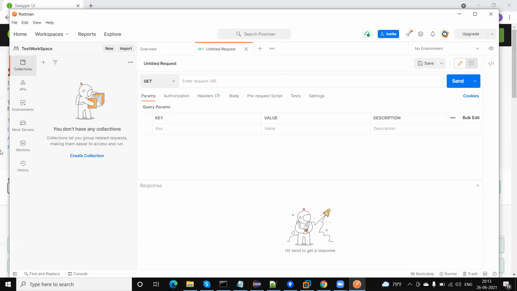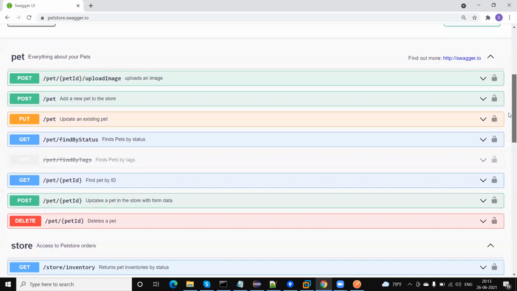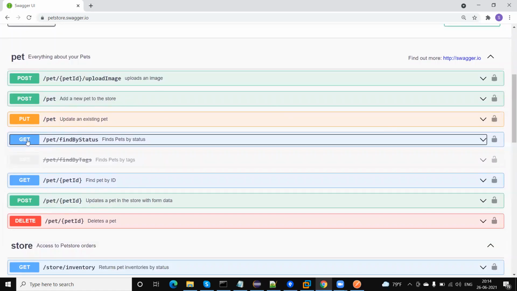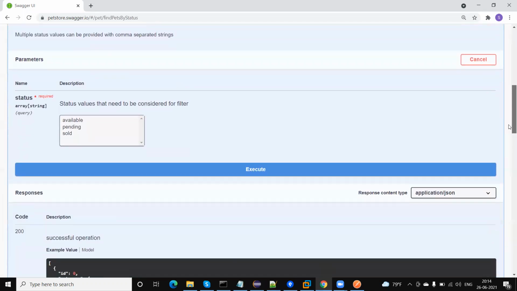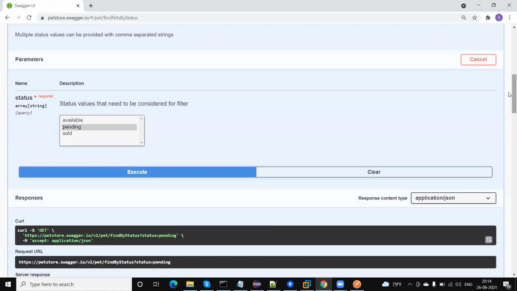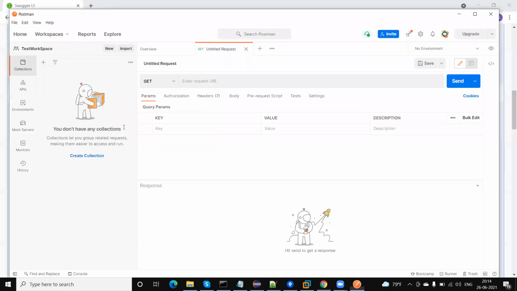Now I'm moving on to one API. Here this is the pet store. Let me take the get pets API. This method is a get type. And what is the endpoint URL? Let me check by selecting and executing this API. You can see here, this is the endpoint URL. So the endpoint URL will be taken from here and typed here.